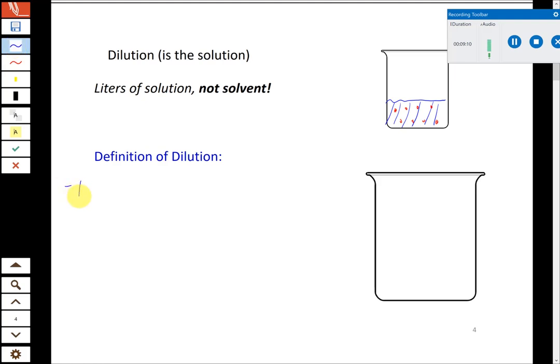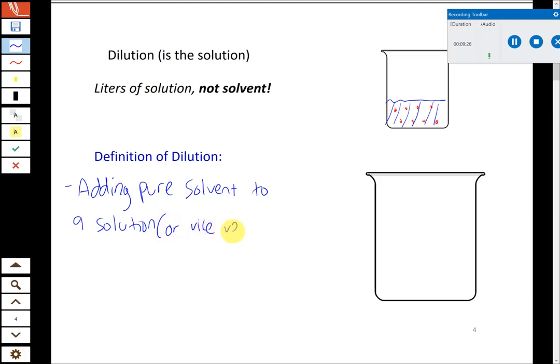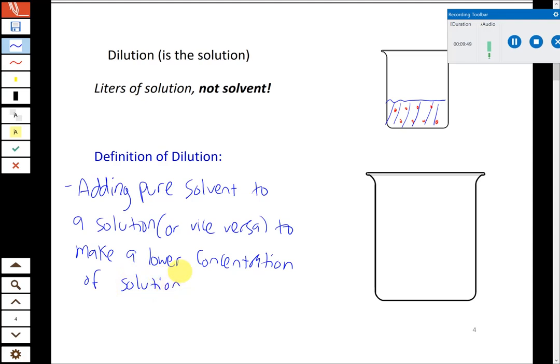And what you're doing in dilution is you're going to add pure solvent to a solution, or vice versa, add the solution to pure solvent. And then that's going to make a new solution that has a lower concentration. So in dilution, all you're doing is you're changing the concentration of the solution, and the volume as well, by just mixing the solution with pure solvent. You're not changing the chemical identity of what's in solution, you're not doing any sort of chemical reaction,